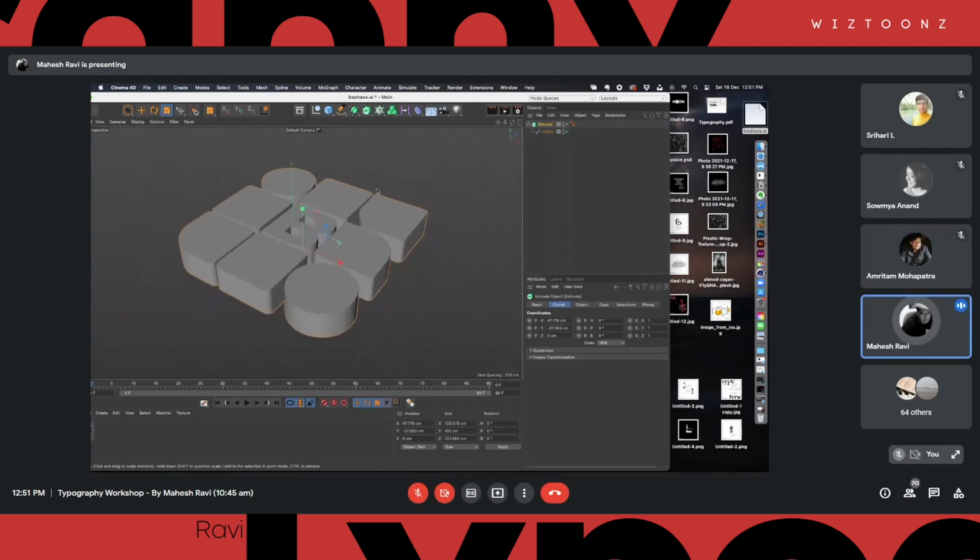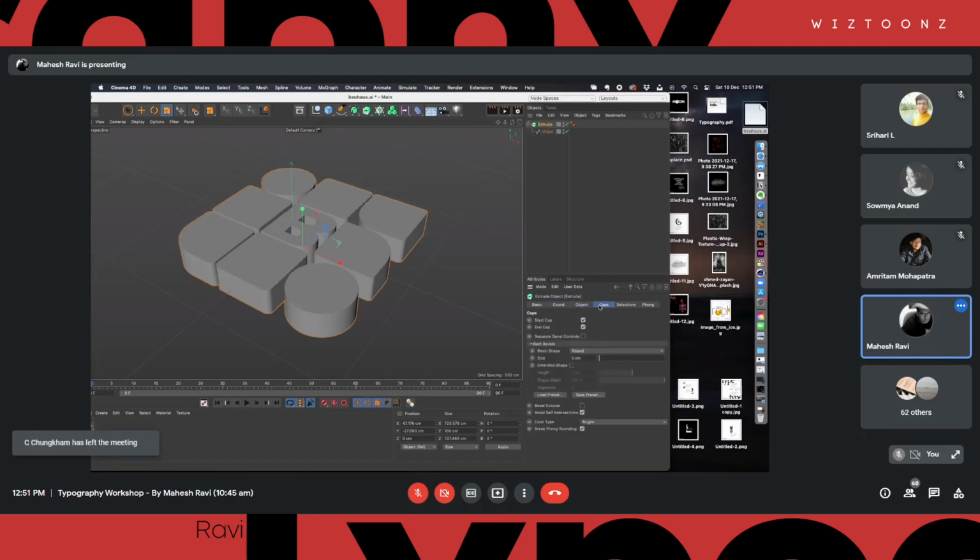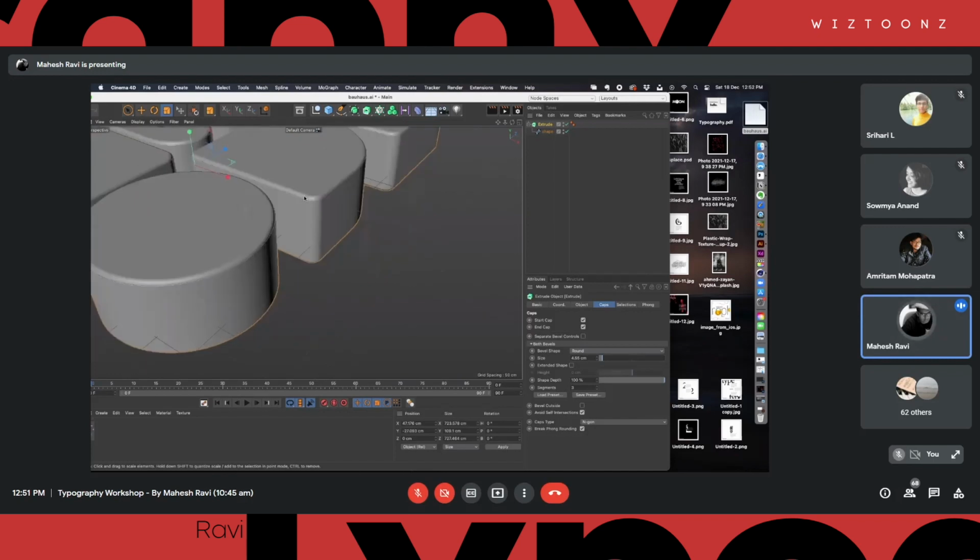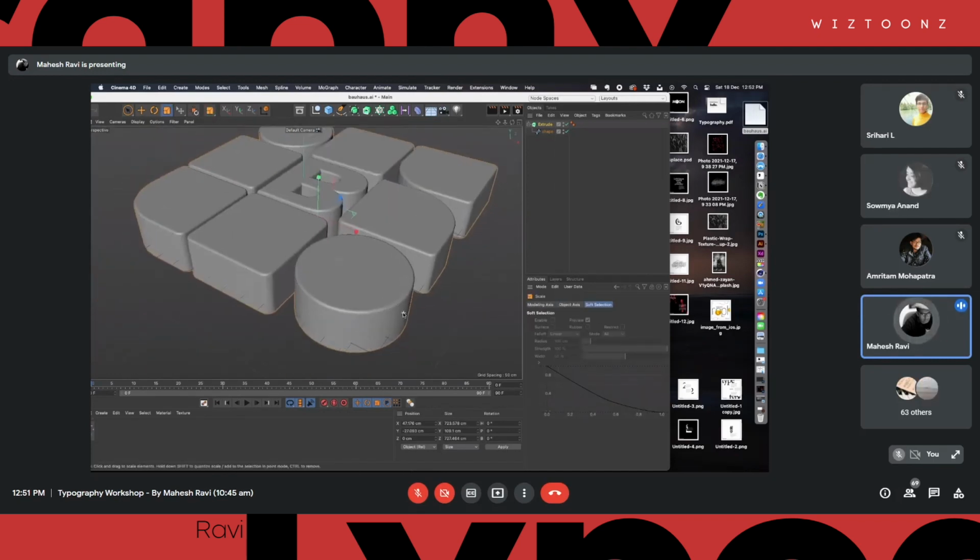So now what you can do here is that if you go to the extrude options, you have, like any other tool out there, so many options right here. If you go to object, I can increase the offset. I can go to caps and maybe increase the size of the bevel. Can you see that the edges, if you look closer, I'm creating a roundness in there, right? That is something that I want right now.